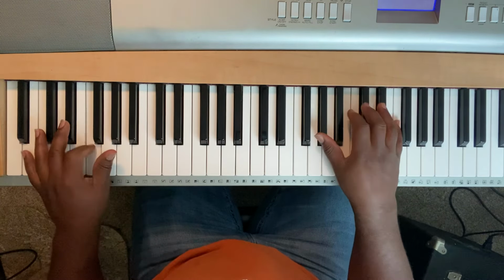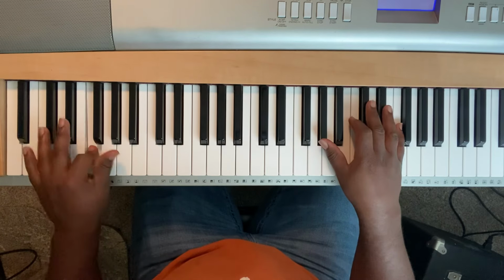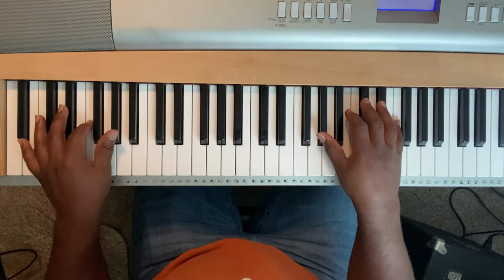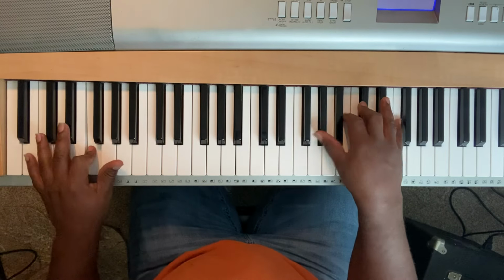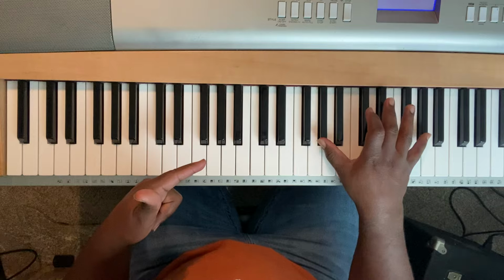You can kind of play with it. Trouble in my way, trouble in my way. Remember those octave pops? Where you just...